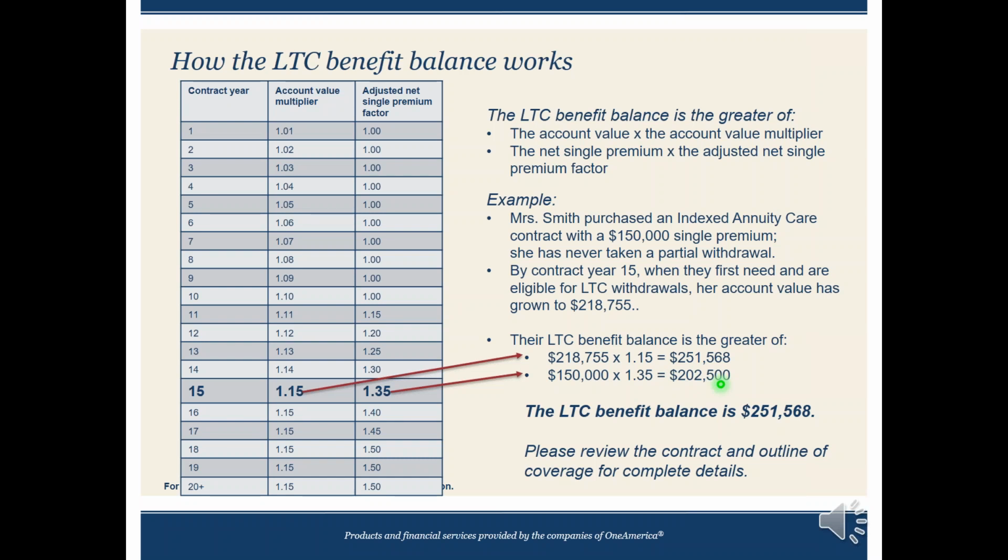This is just on the base. We're not talking about the rider that you can add to it for the additional coverage. What I'm saying is her base contract, her 150, is guaranteed to quote unquote grow or lever up. Now, the other is that if she has had growth in 15 years, let's say it's grown to 218 over